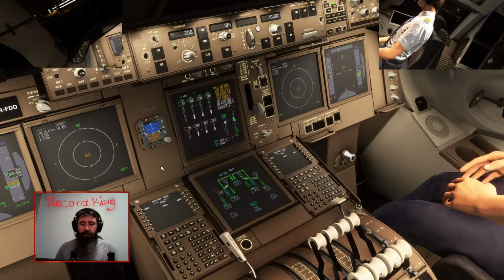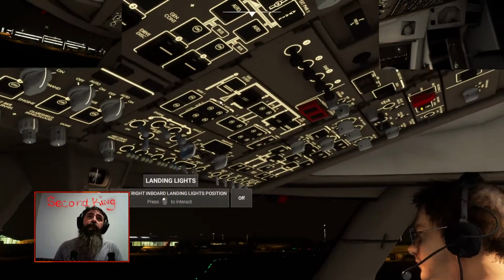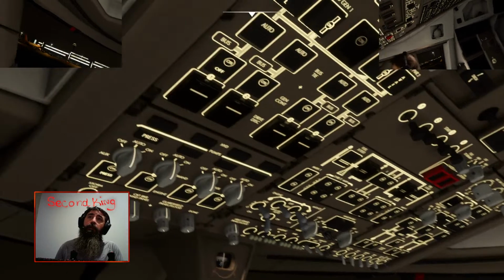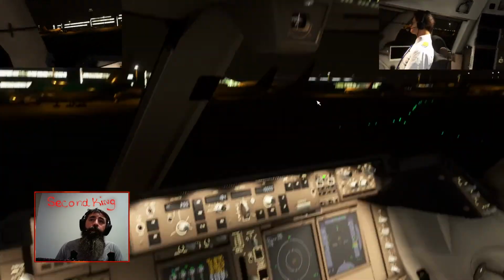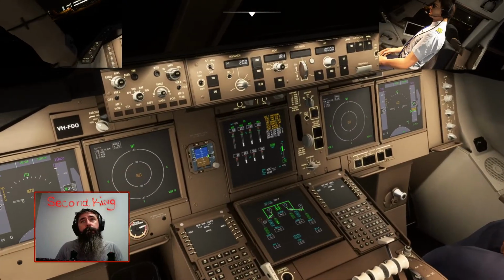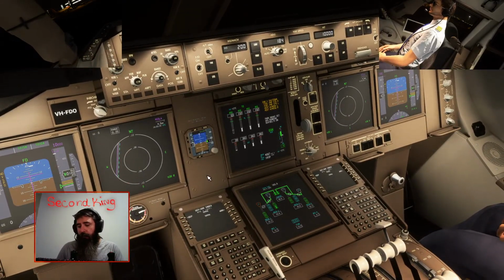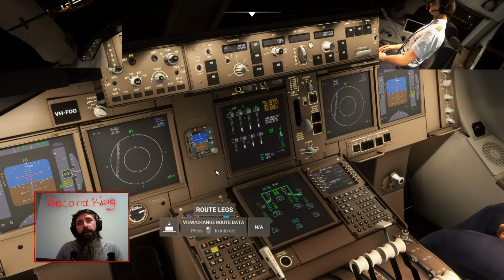We need our strobe light on, our beacon light, nav light. Number 2's alive. We'll start number 1. The panel above looks good. Legs.